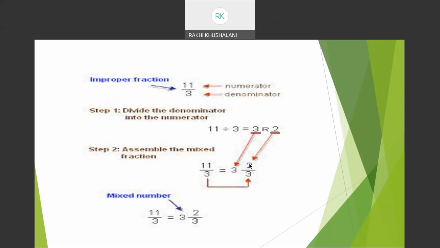I will not do the division, children. You know how to do it, okay? So we'll not go into the division part. Assemble the mixed fraction in the form of your triangle. That is, Q was my 3, R is 2, and the denominator D is 3. Did you understand this? QRD. That's your mixed number. They both mean the same. 11 by 3 and 3, 2 by 3 are both the same, just written in different forms.